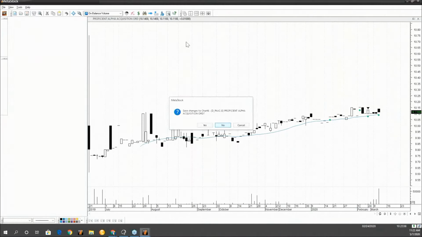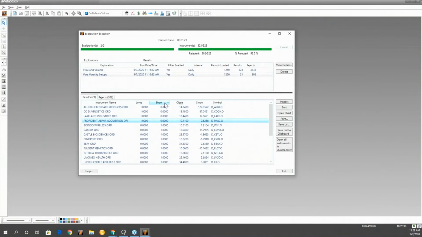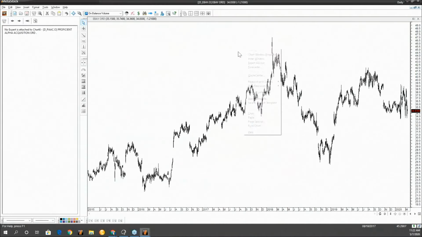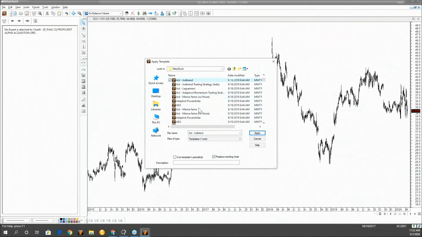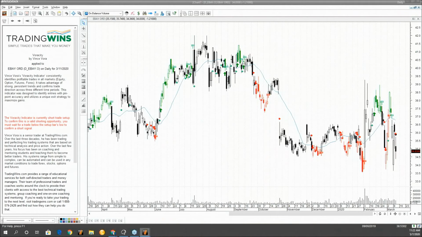So let's go back and look at my Explore reports window again. Let's go on the short side and see how well those did. If you're a MetaStock user, you can organize the reports window just by clicking on the column name, short or long, and it'll organize it by which ones are giving you a short setup or long setup. So let's grab eBay as an example. I'm going to set this back to my default template. Hang on just a second. Okay, in this case, we've gotten a short setup.